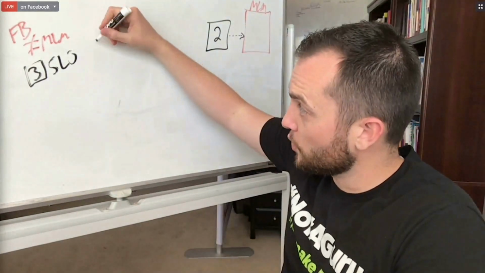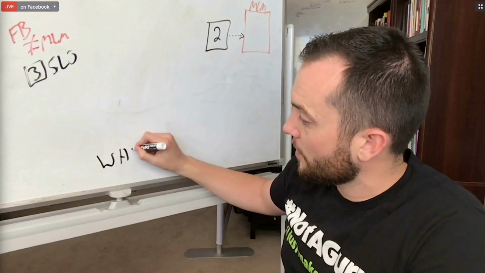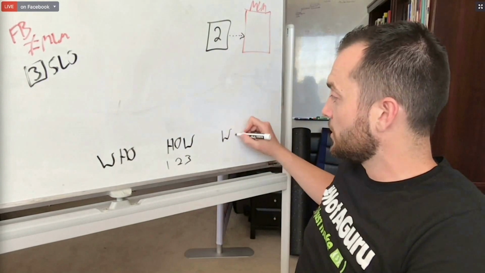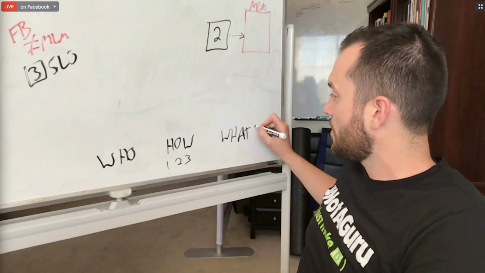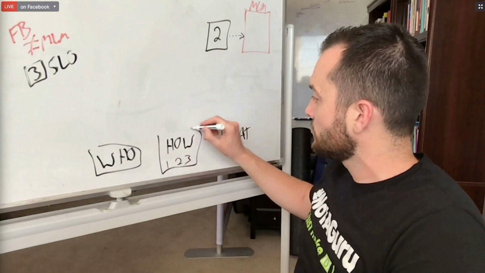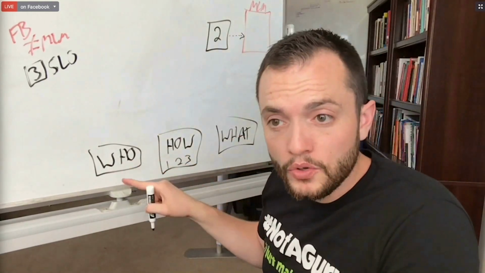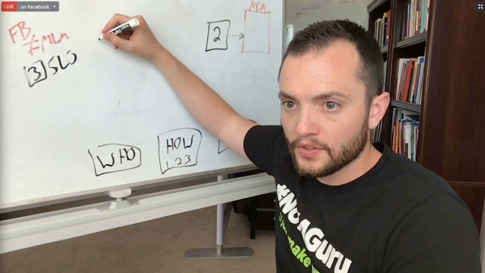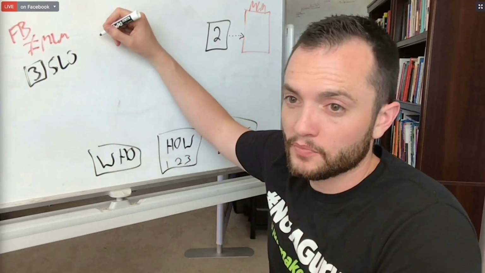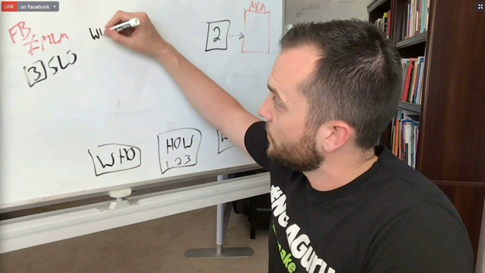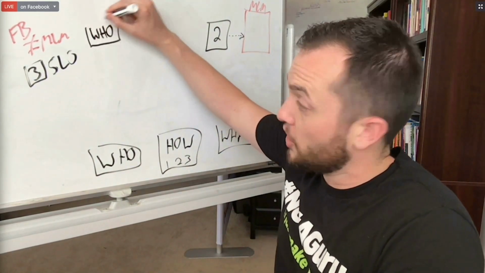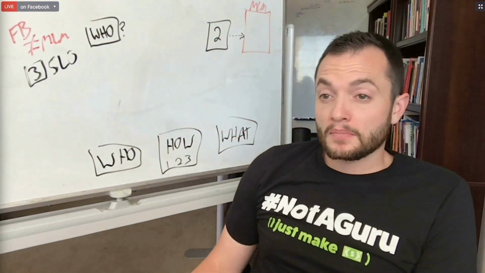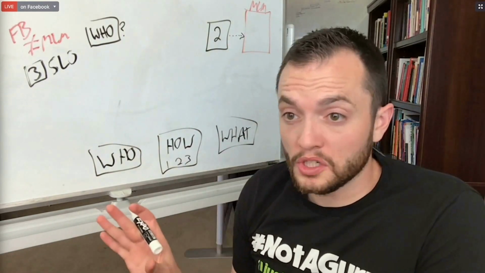So if I think about my who, I'm going to go back to this. The who, the how, which we have 1, 2, and 3, and then MLM takes care of the what. We got those 3 right there. My who, my dream customer, they've already got a bunch of problems going on in their life. I don't need to create a problem. I think that's dumb. Some marketers teach that. Instead, what I want to do is ask my who, hey, what are the problems you're experiencing? Again, a little more advanced, but it's totally cool.